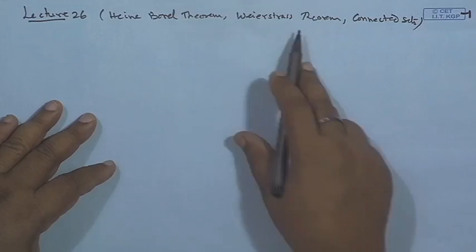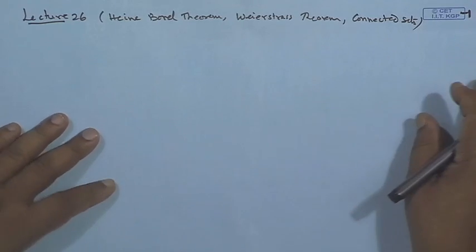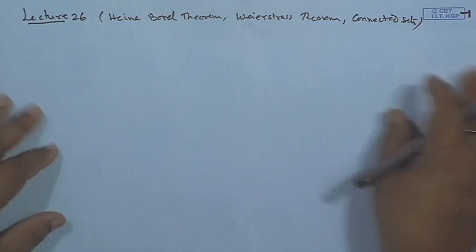So, before going for the Heine-Borel theorem and the Weierstrass theorem, we require one or two lemmas which will be needed in the proof of these results. We have seen already